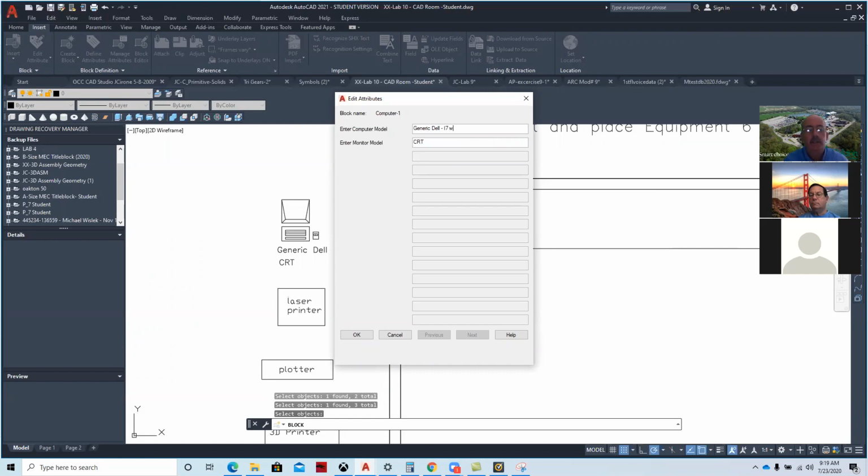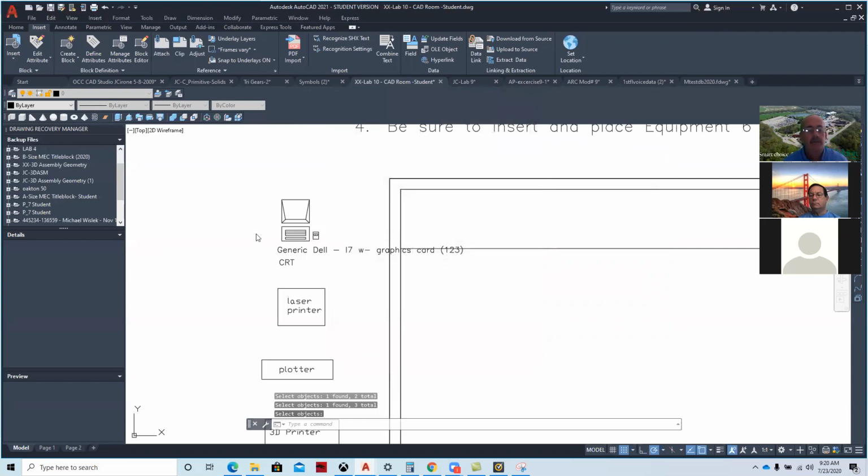i7 with graphics card. What people typically do is they'll put part numbers on it. So they'll say 1, 2, 3 part number. And then, as far as the monitor goes, what we do with this is these attributes allow us to keep track of the inventory. And so here it is. As I wrote it, it's a little too big, but I can then set it into the room